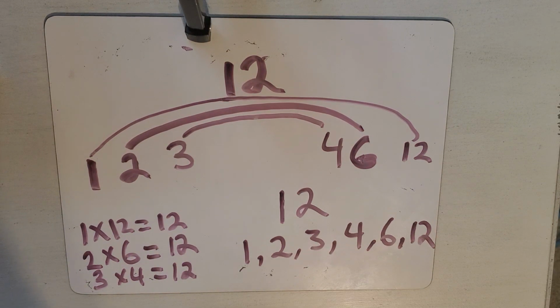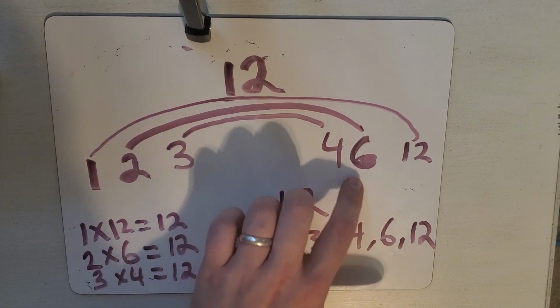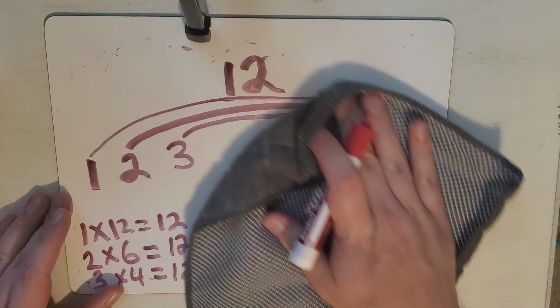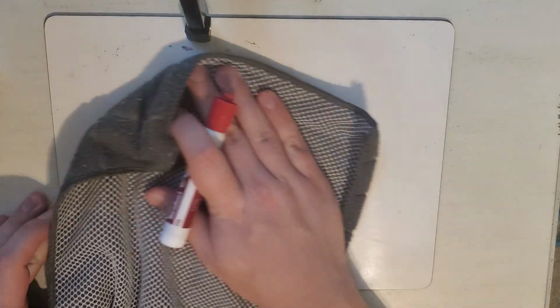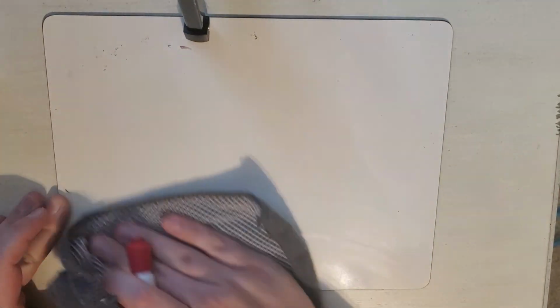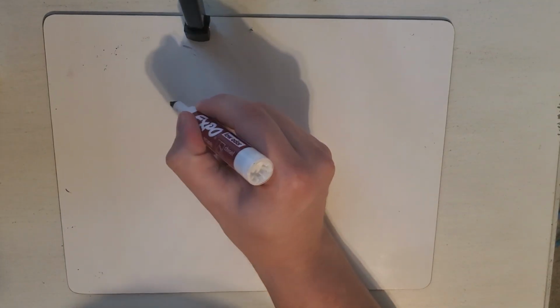So let's say we got these, right? 12, we got our factors are 1, 2, 3, 4, 6, and 12. Later on in 4th grade, whenever you really start to get into fractions, because fractions changes a lot in 4th grade. You start doing a lot more fractions in 4th grade. So let's say later on in 4th grade, you have